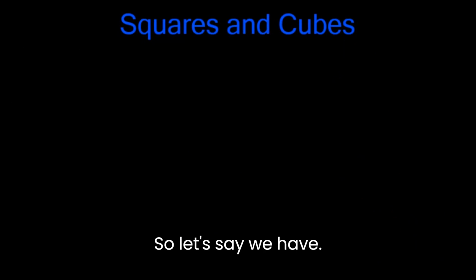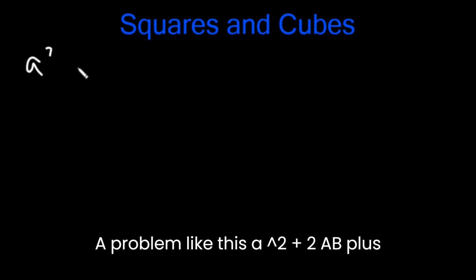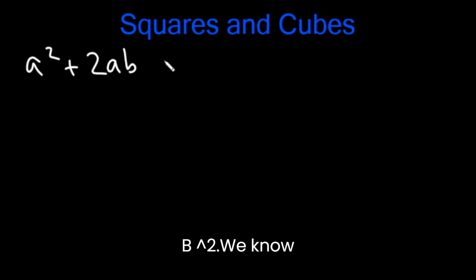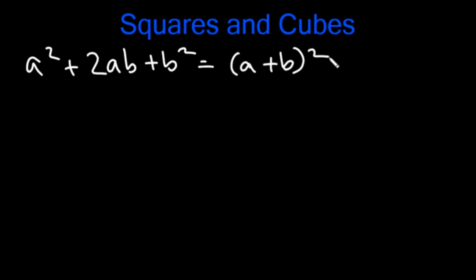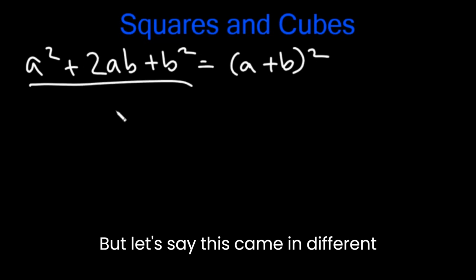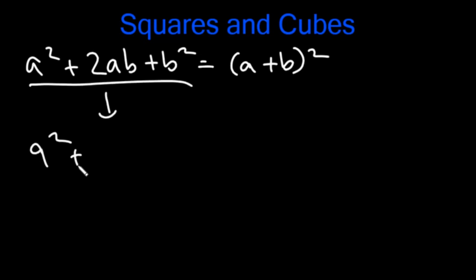So, let's say we have a problem like this, a squared plus 2ab plus b squared. We know that this is just (a plus b) squared. But let's say this came in a different form. Let's say it was 9 squared plus